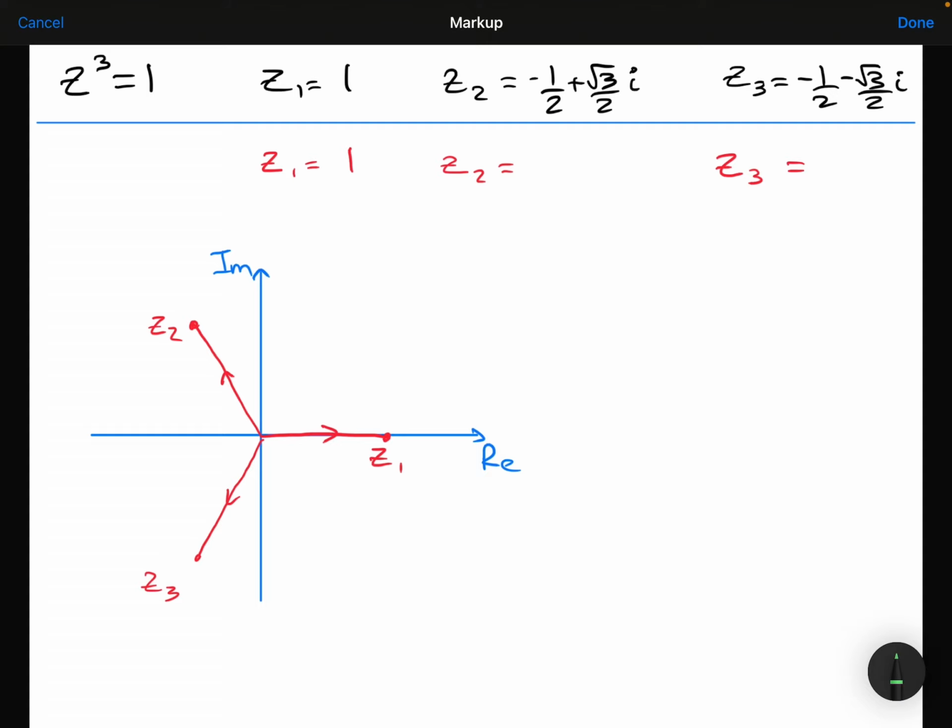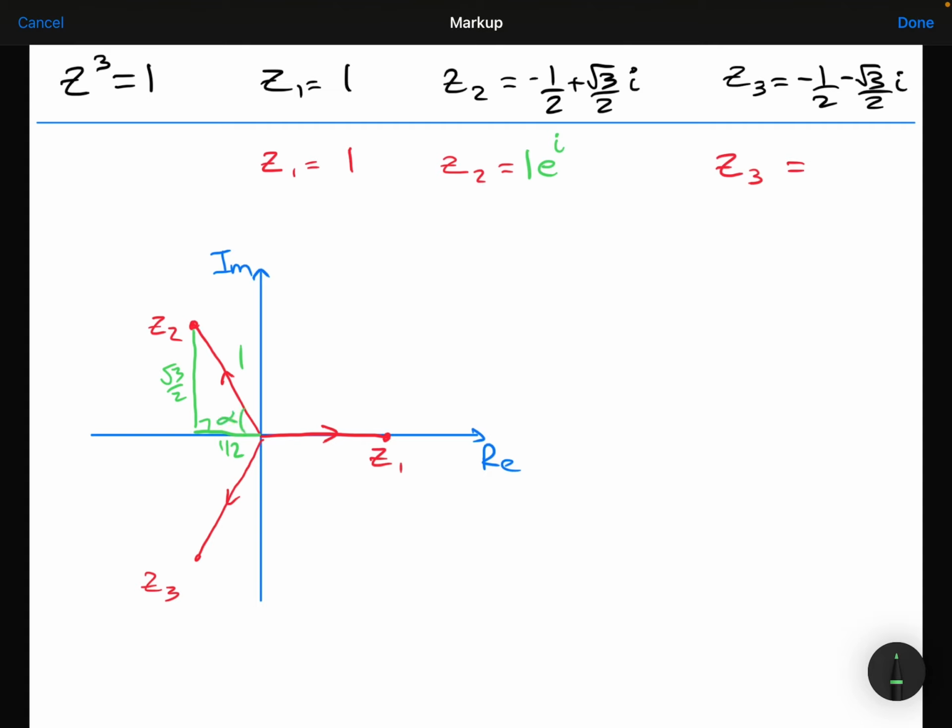But the minus half plus root 3 over 2i, let's write that in modulus argument form. So let me just take that. I know this is a half, I know this is root 3 over 2. So a little bit of Pythagoras there tells me that the modulus of this number is 1. So 1e to the i. Now to work out its argument,